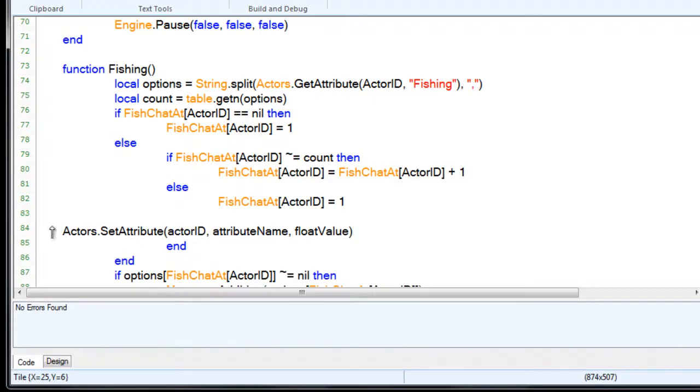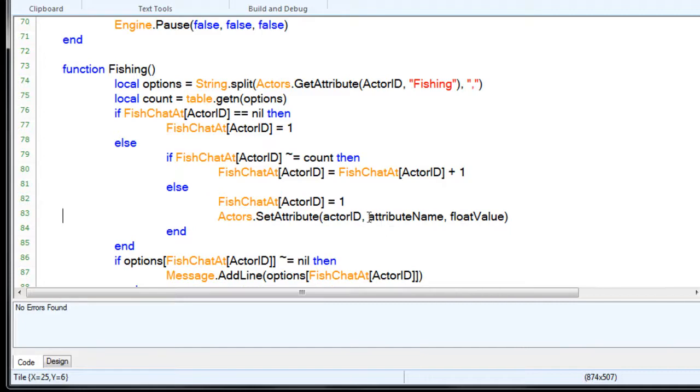I'll show you a quick example of how this works, and we'll just comment it out because right at the moment I'm not going to go that way. We'll just do the loop. But for example reasons, I'll go ahead and show you that. Let's go ahead and replace this. This actor's ID is actually fed from the engine, so it's a little powerful thing for any time you just had a collision with it and it hits a method, so we know what actor it went into. Of course, we're going to want the fishing name here, just like up on the get function for the attribute. So type in fishing, and